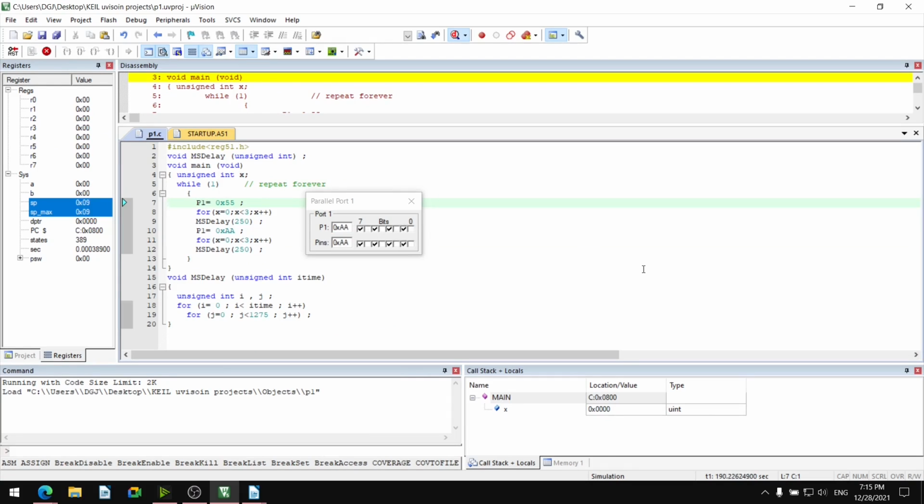So okay, I think we have to initialize the 420 microcontroller in the simulation.